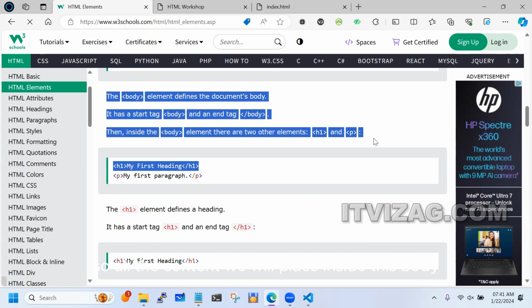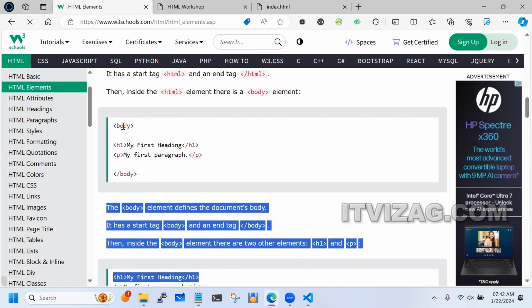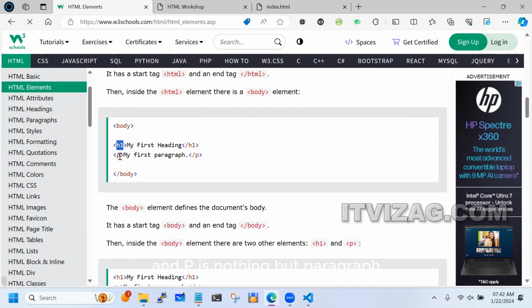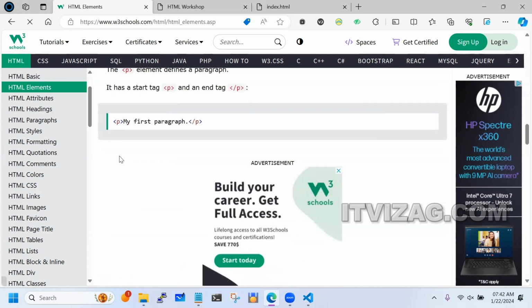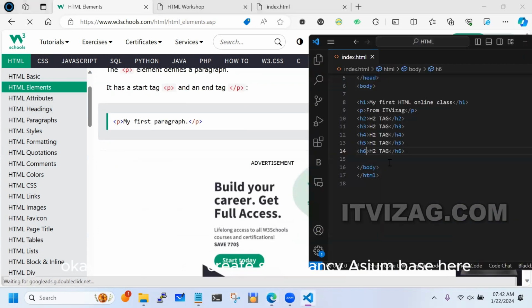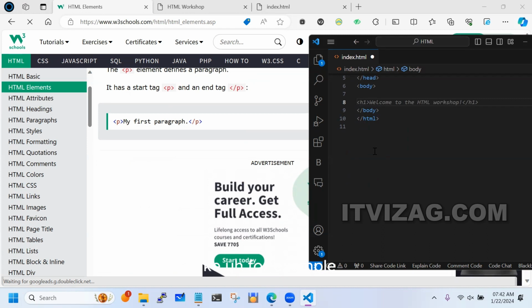So all the content we will place inside this body. For example, here inside body we will have H1 and P. H1 is nothing but heading and P is nothing but paragraph. We have one paragraph and one heading inside these HTML tags. So we can create some fancy HTML page here, like for example,